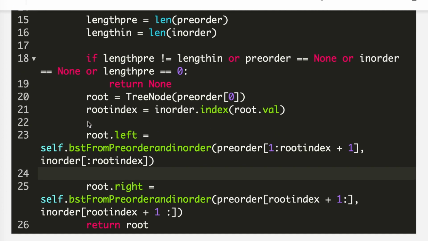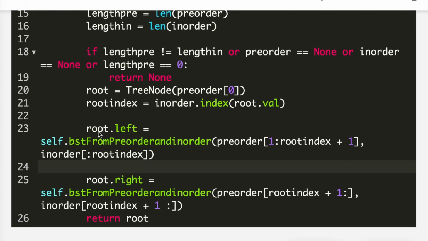And at line number 20, we know that the very first element of pre-order is our root. So this is how I am defining my root: root will be equal to TreeNode of pre-order at the 0th index. And now I'm searching for root in in-order and taking the root index. Why am I doing this? So that I can know which part is on the left hand side and which part is on the right hand side.